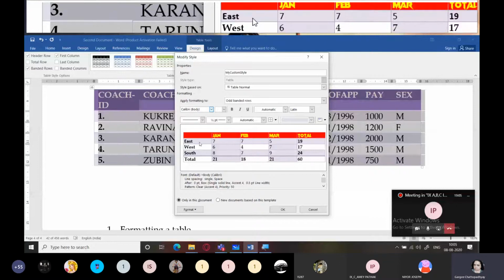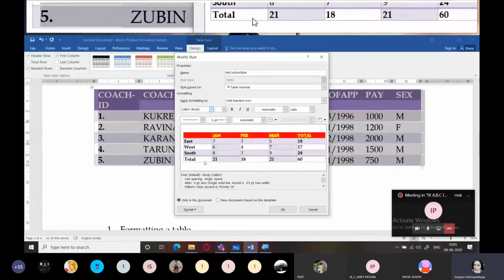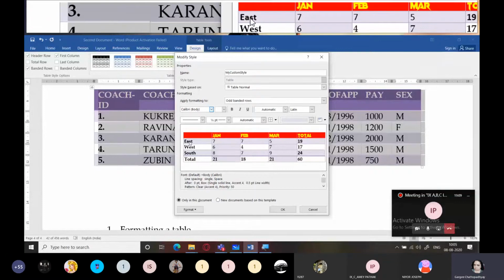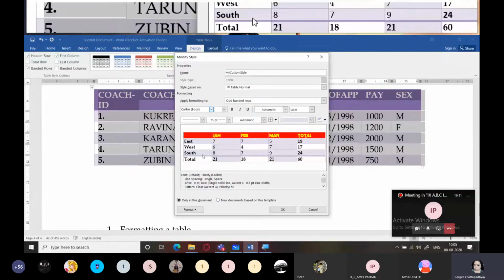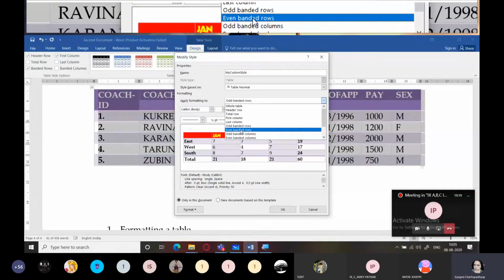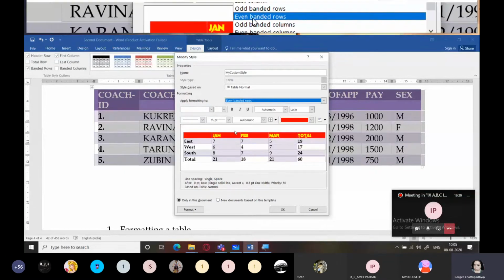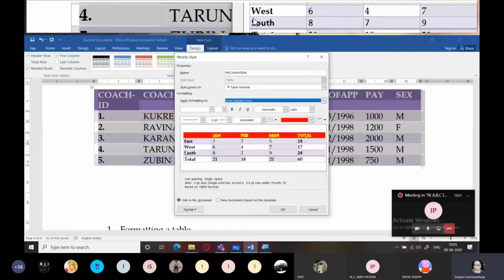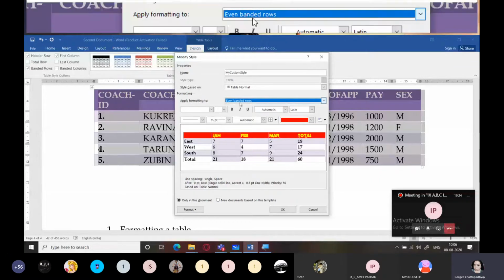So east is 1, west is 2, south is 3, total is 4. So over here 1 and 3, if I want to change the formatting for 1 and 3, I will be selecting odd banded rows. And if I want to change it for even banded rows, that is west and total, I will be selecting even banded rows.